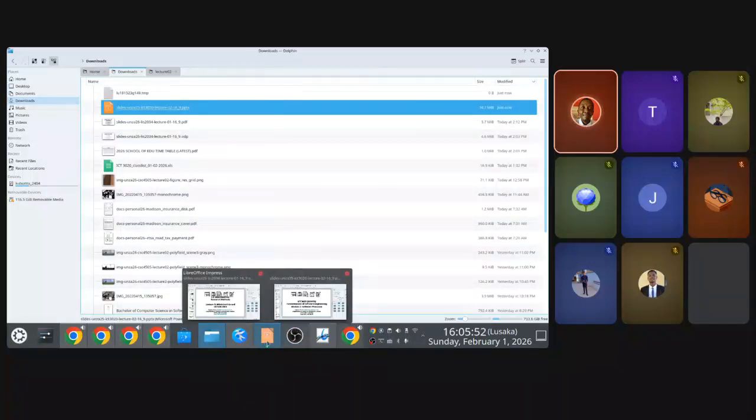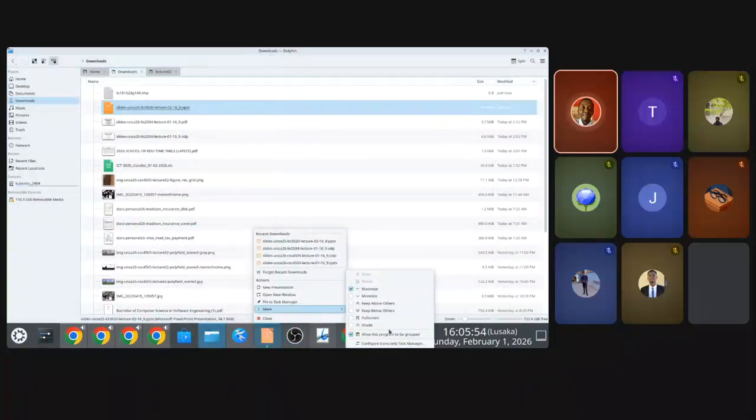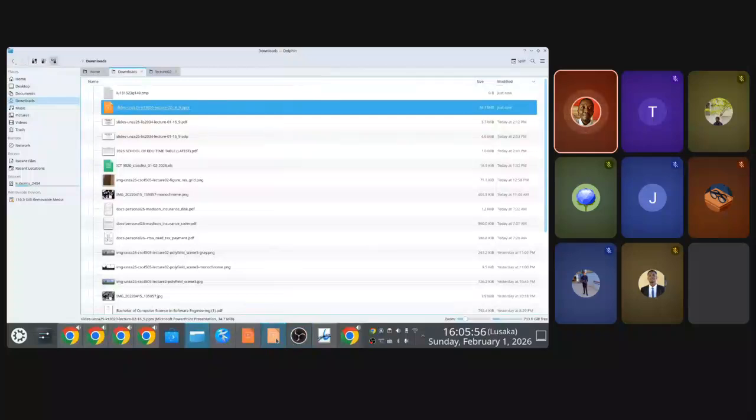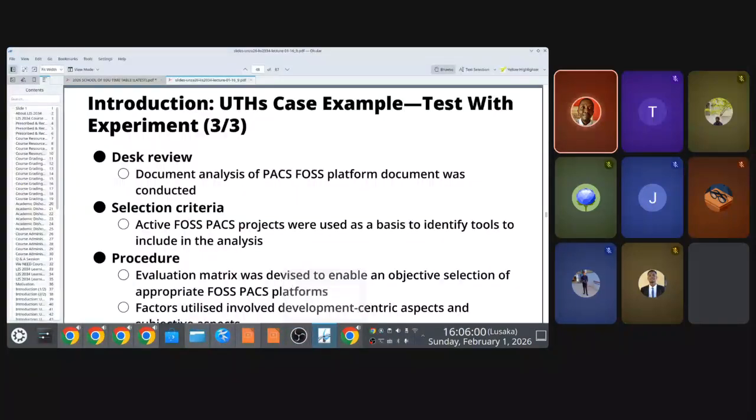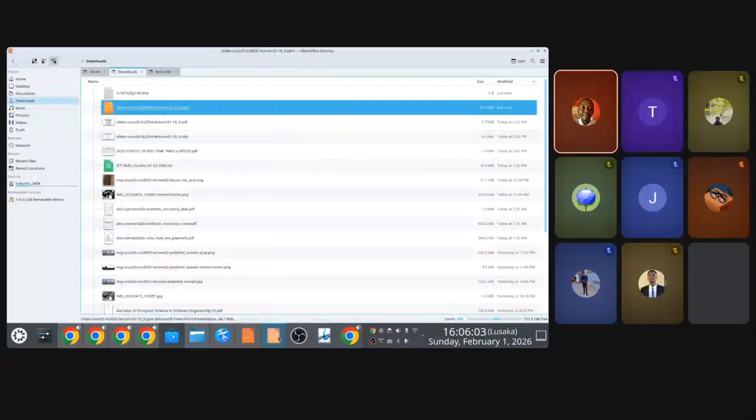Okay. I hate this feature where I don't like grouping applications for some weird reason. It almost always is the case that by default they have to be